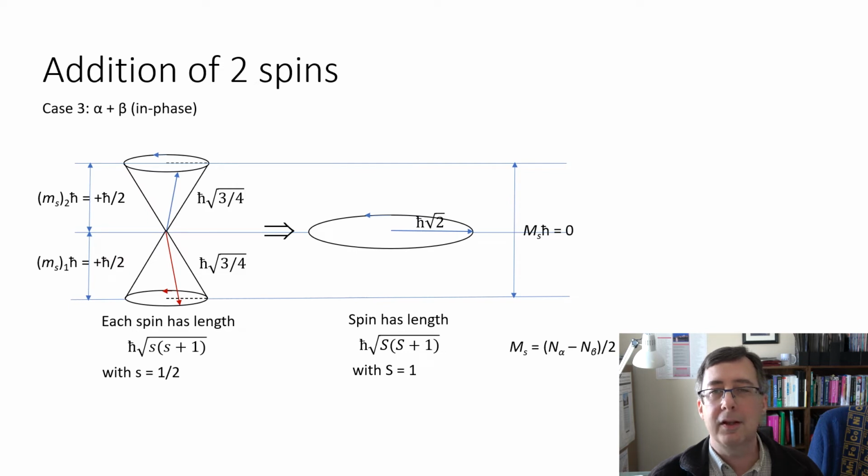Well, you could try to add alpha plus beta. Again, it's really alpha times beta, which I'm glossing over for the purpose of giving you a simple illustration. But suppose you try to add these two vectors that are precessing around the z-axis in such a way that they stay in phase as they're both rotating around the z-axis. And if they stay in phase in their precession, then the z projection cancels, because this is pointed up and this is pointed down,